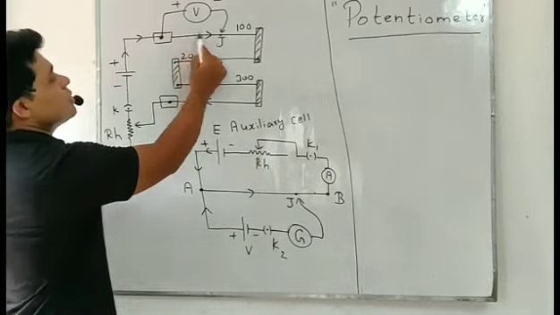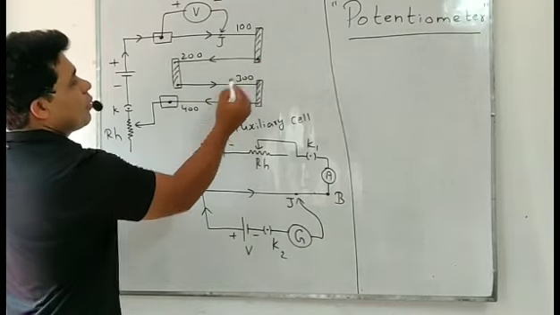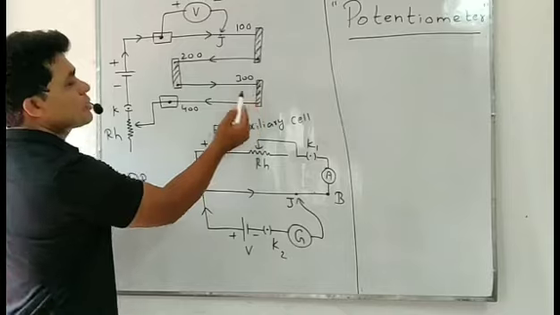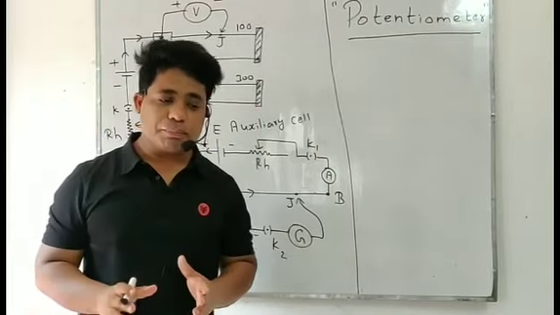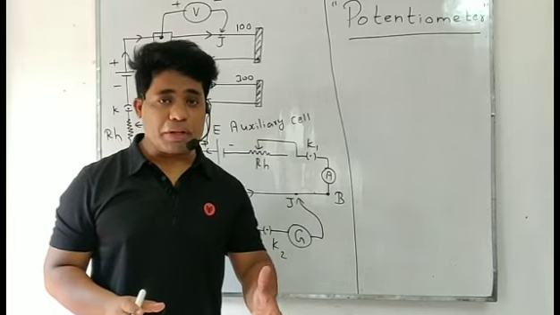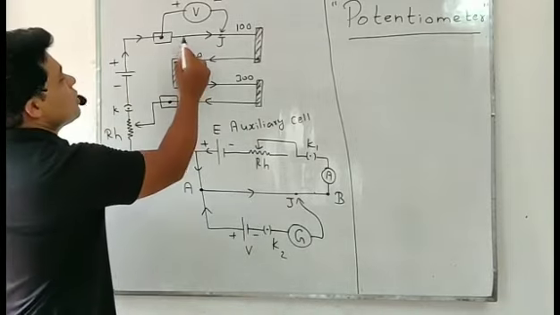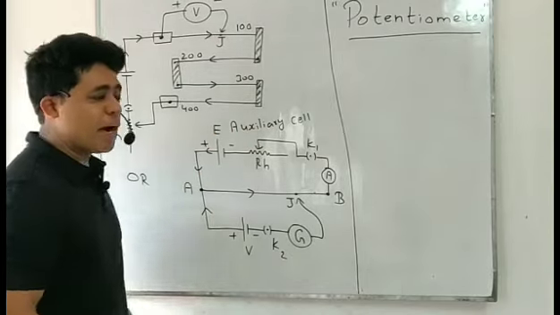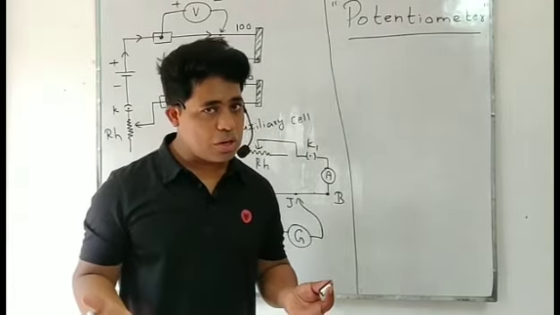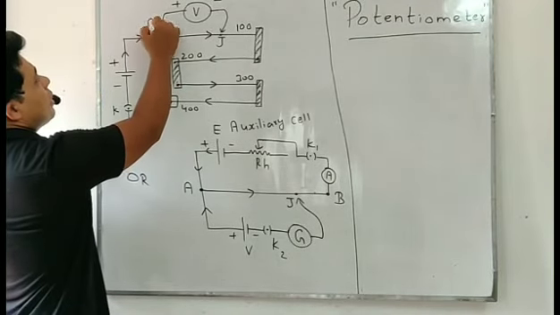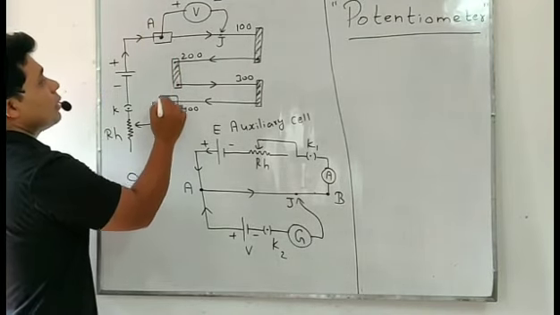This wire is connected with the help of brass strips. Why do we use these brass strips? Because brass has negligible resistance, so it will not affect the reading. So this is the long wire of the potentiometer. It is made of either Eureka, manganese or Constantan. Understood? Look at the terminals, students: this is terminal A and this is terminal B.